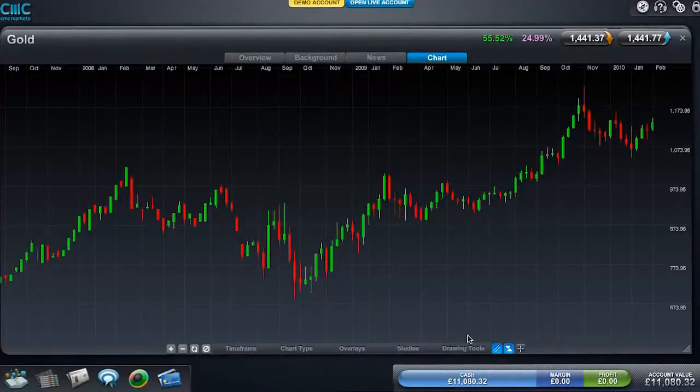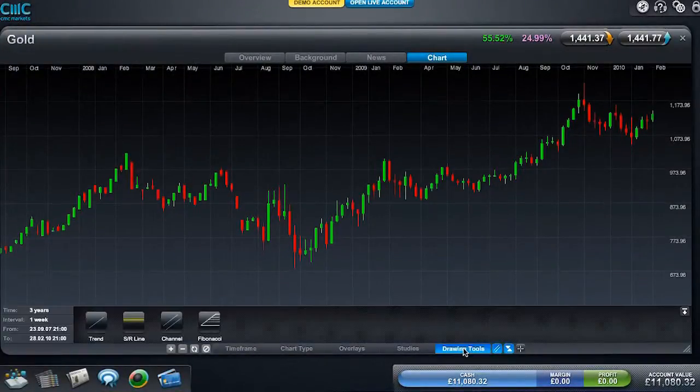Now, a resistance level is an area higher than the current market price where we find the sellers come back into the marketplace. And what actually happens is the price seems to fall at this level. Now, we can trade off the back of that in a number of different ways, but let's try and identify that resistance line first. If we go down to the drawing tools, we have one there called the S&R line. If we click the S&R line,